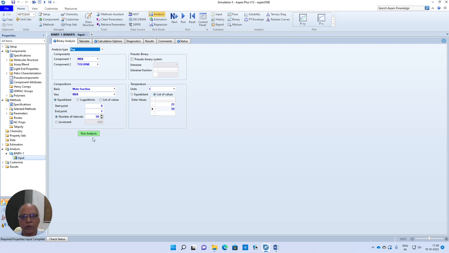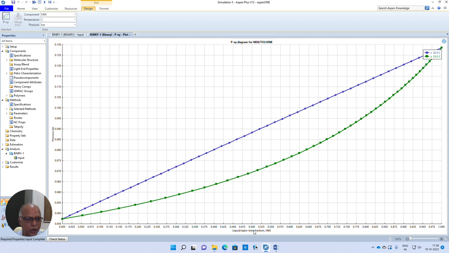Apart from this, probably let me also show you at one temperature. For example, I take a system with 50% mole fraction of MEK and 50% mole fraction of toluene. So what is this pressure indicated by the point on the green line? So in other words, what do you call this pressure as? So this is going to indicate the